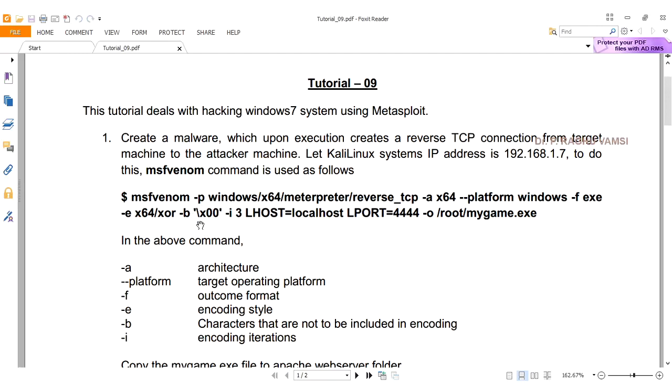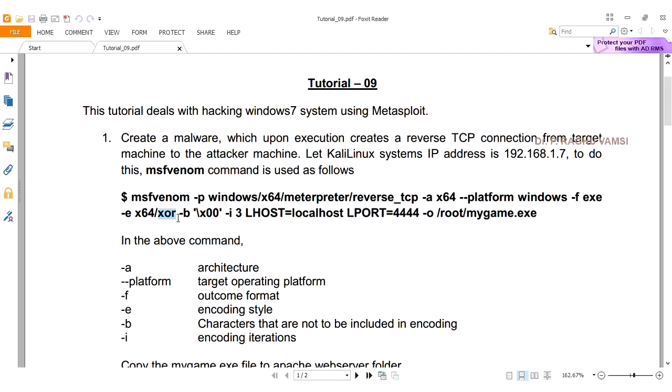With this \x00, each and every byte generated in the executable file will be encoded with the exclusive OR operation, the XOR operation.